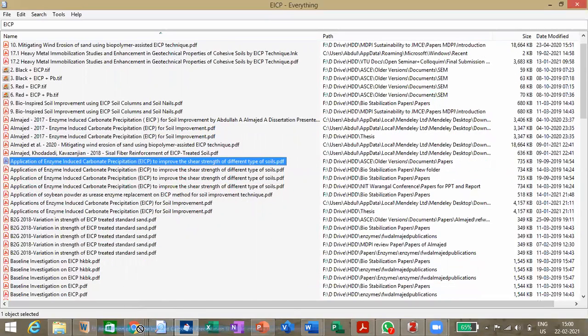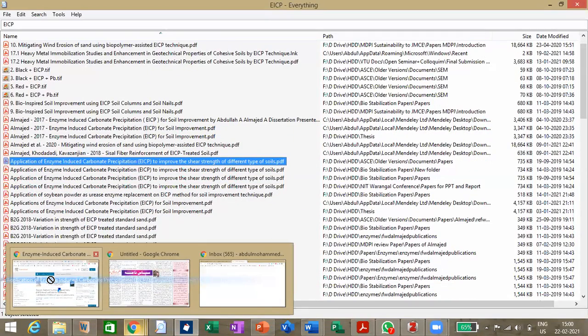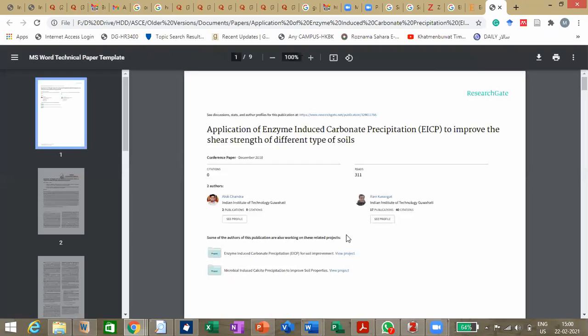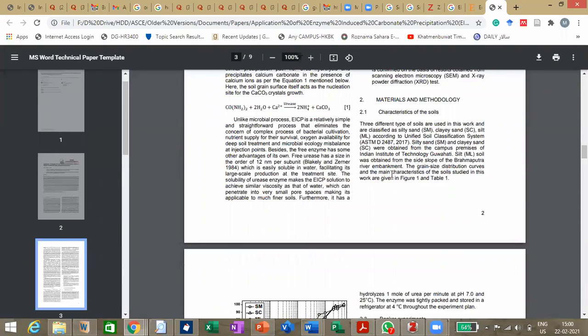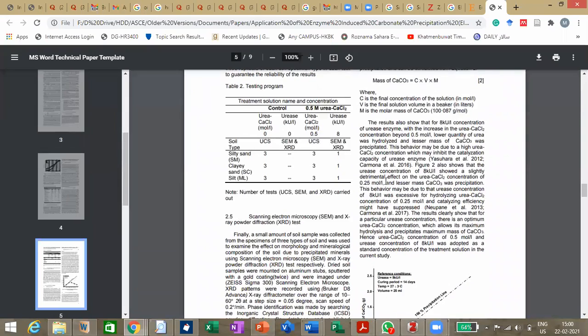The PDF file is getting opened. What if I want to cite only certain pages, because this should cite the entire article, right? Yes, I want to cite only certain pages, certain paragraphs. Then that also I'll tell.